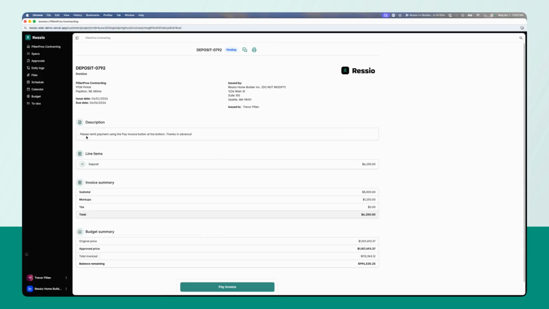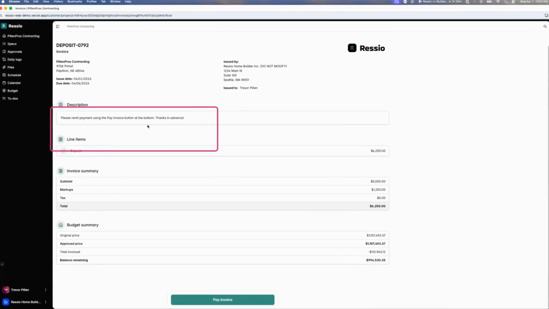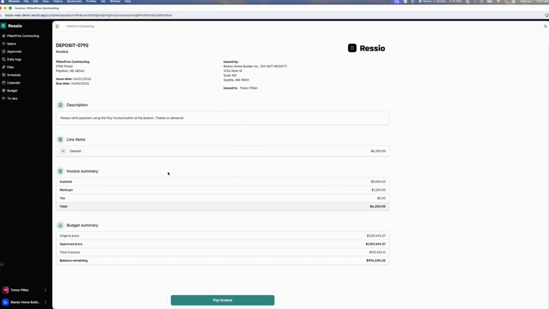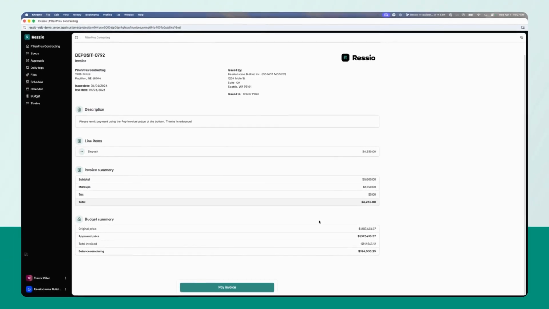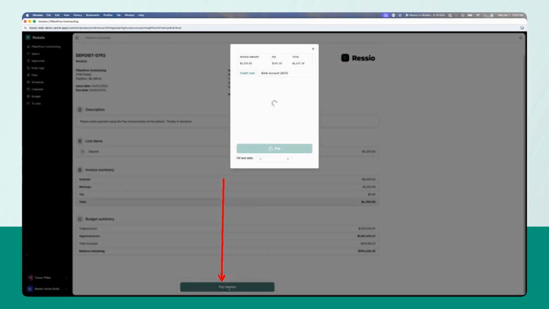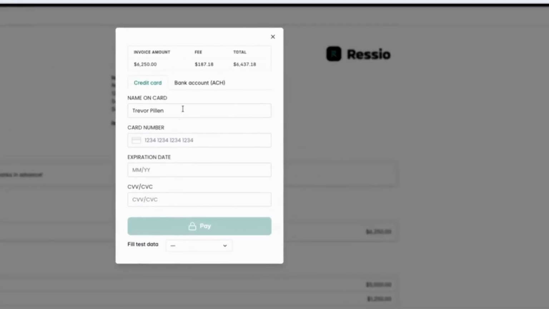And we're going to notice here in the description, please remit payment using the pay invoice button. Here's the invoice summary. And what we're going to do is take this to the next step. We're going to hit pay invoice, and it's going to take us to this screen. Now, depending on what your contractor has set up, you'll be able to pay with a credit card or a